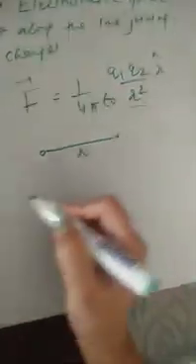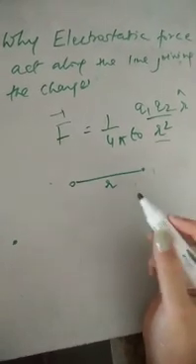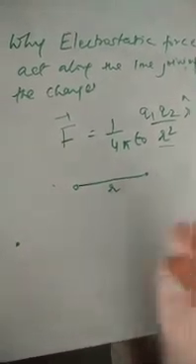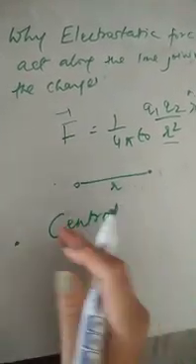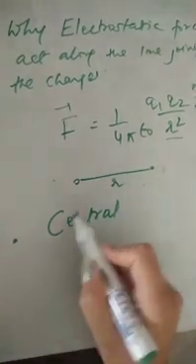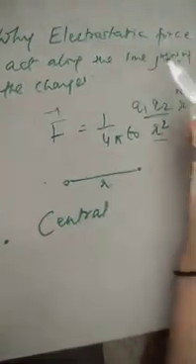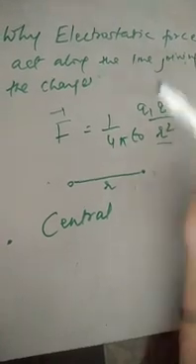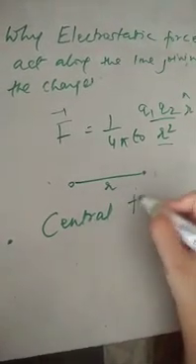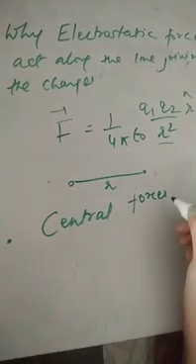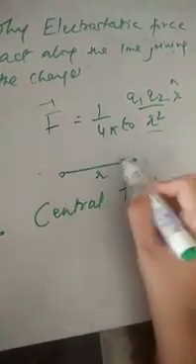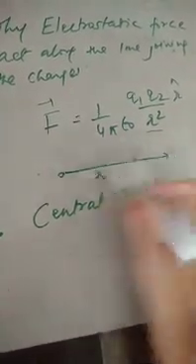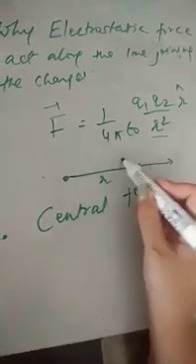One more way you can answer is when we are writing the properties of Coulomb's law, we always say they are called central forces, or the question can come vice versa, why they are called central forces. So I can say, since they are acting along the line joining, we use the term central forces. Central forces means the forces are either towards or away from the charges. That means if both are positive, they'll be away from the charge, and if one is positive and one negative, it will be towards the charge. So this way also you can write the answer.